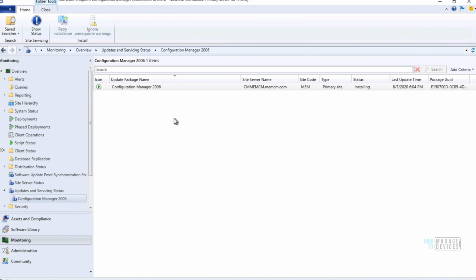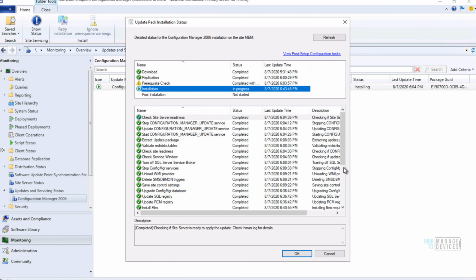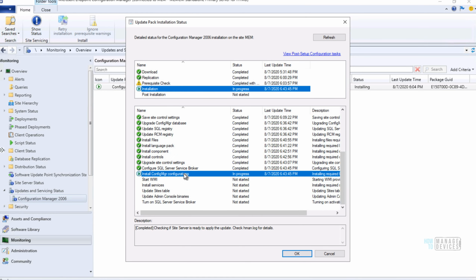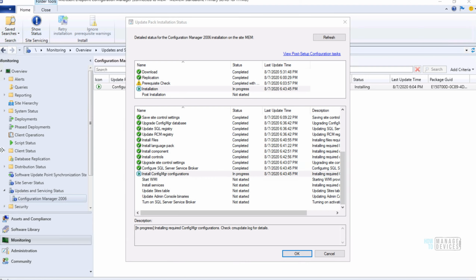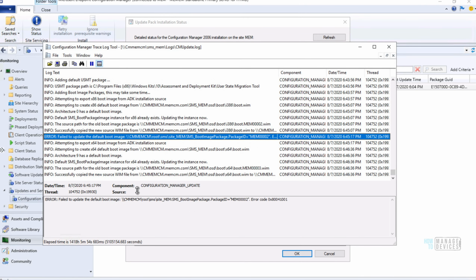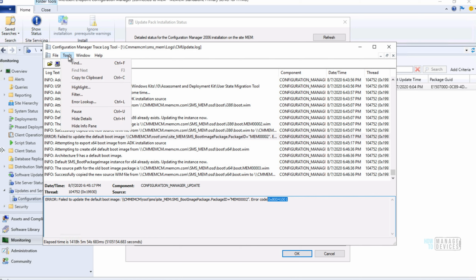It's still in the installation stage. You can go back to monitoring and check how the installation is going on. Now it is installing the core components. The database is already installed or upgraded. Right now the actual installation of 2006 is going on.